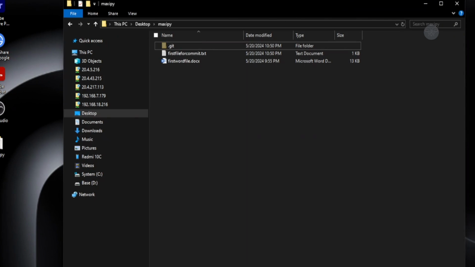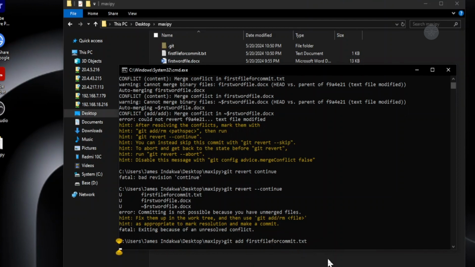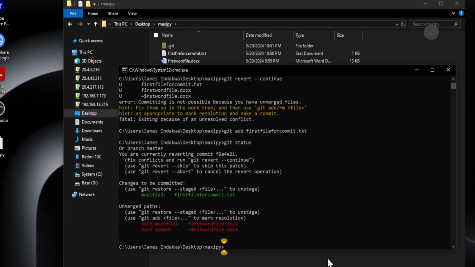First file commit.txt, first file for commit .txt, git status, and then you need to git